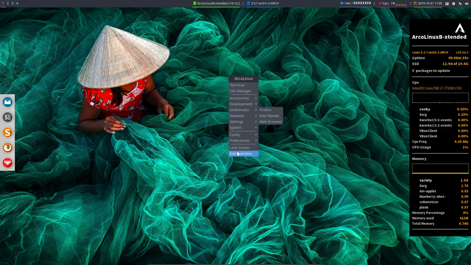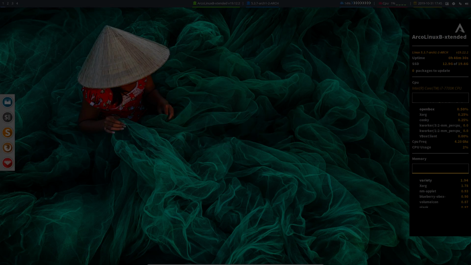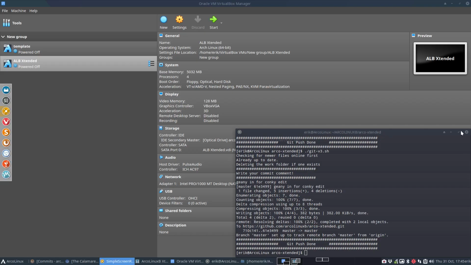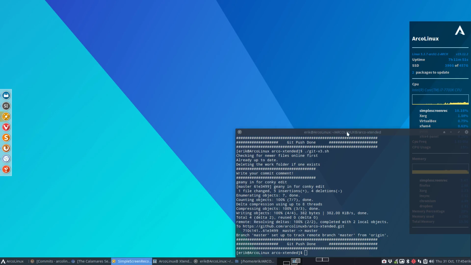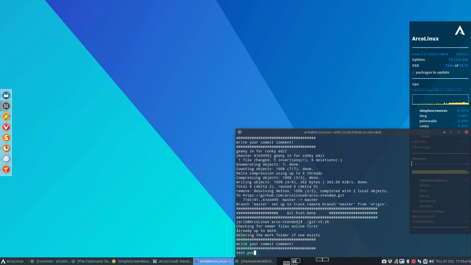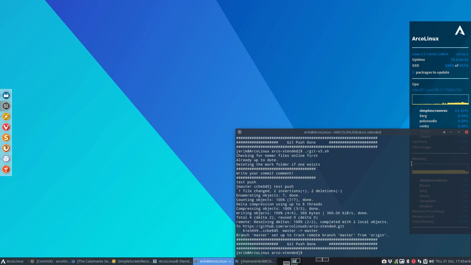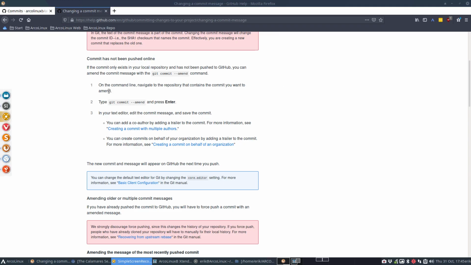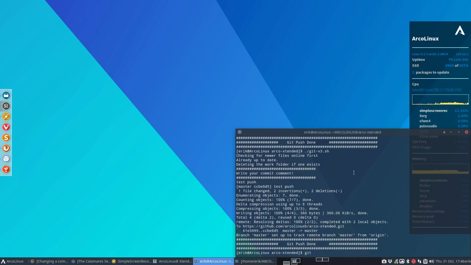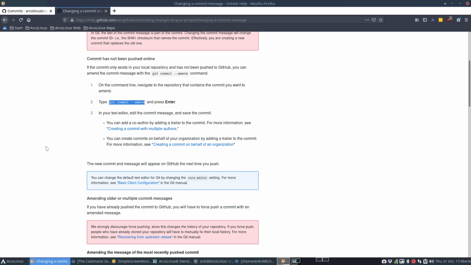So let's first exit open box, shut down this time. Don't want to see you. Let's last check, test push. Okay, sorry guys, there was something in there. Probably Genie. There was a trick somebody told me, something about amend. Let me look that up. So it seems I can change the message, git amend, and press enter. Okay, so, well, first off, I need to know what I put on there.